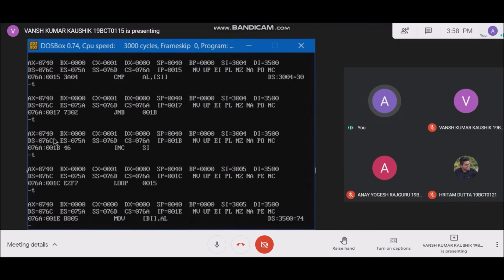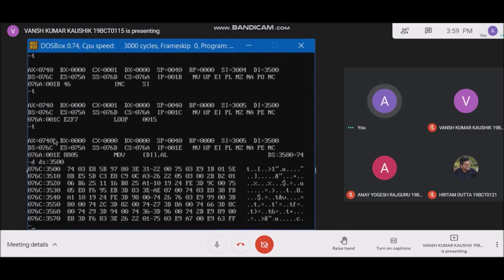Now move value of DI comma AL. Here the result is being stored in the location where DI is pointing. As we have initialized DI with 3500, DI will be stored with the result, which is 40. So after this command we use a D space DS command for viewing the changes. D space DS semicolon 3500.